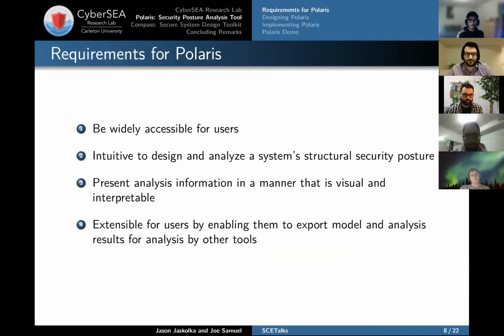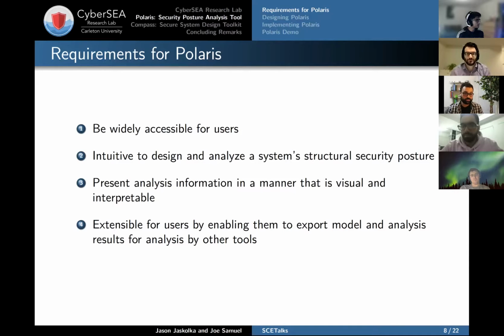So we start off with requirements. A lot of times we think about requirements as just part of a documentation process, but the fact of the matter is that requirements are critical to setting the groundwork, or the foundation, for what we intend to achieve with our tools, right? We can come back to it when there's doubt or uncertainty in our development, or when we want to see if we've achieved the goals or objectives we set out to do. And so we set out a couple of key requirements that you see here.